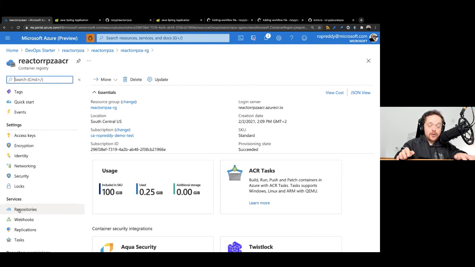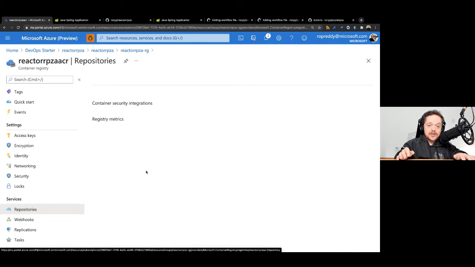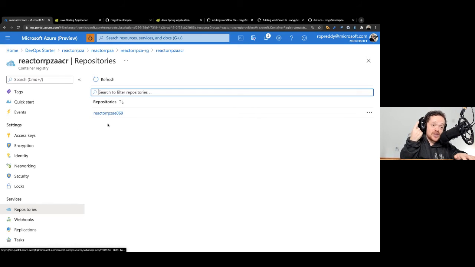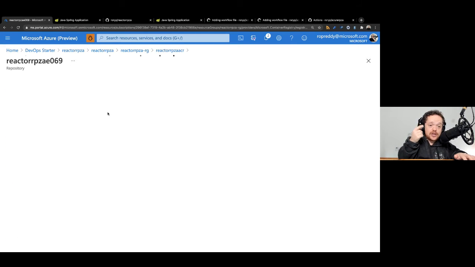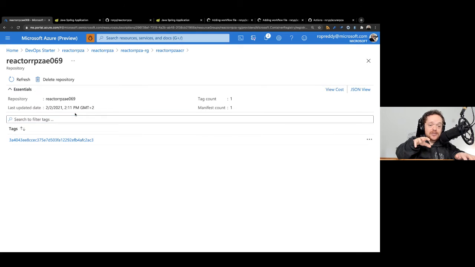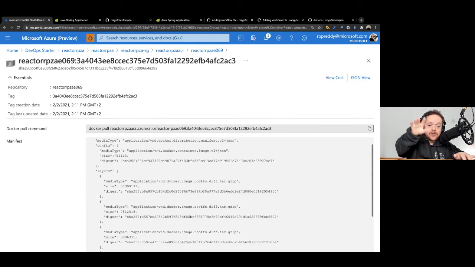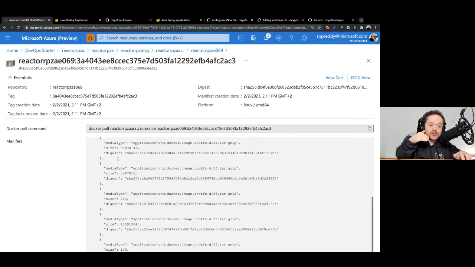I've got a little repository on the left here, and then I can go and inspect it, and you can view your containers there. So we should only see one container there. There we go, and you can get all insight and manipulate that. It's got one layer there, and you can kind of see that's the artifact. Those are all of the different images that you're going to get, and you can push to that.